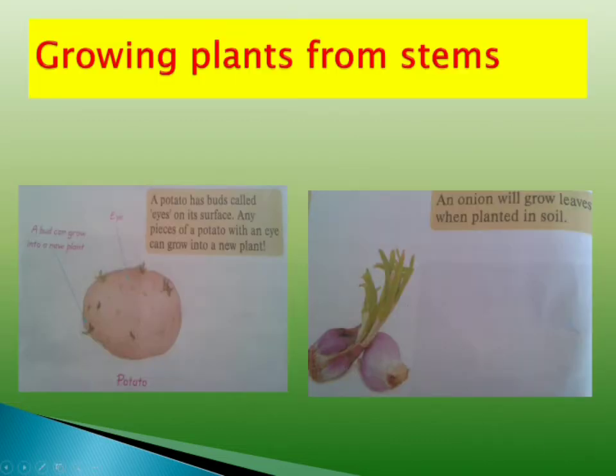now growing plants from stems. Okay, see, look at this. This is the example of potato. Here the eye is there, so this is the eye. So these eyes are what sprout and form new tubers underground for digging and eating. Okay,